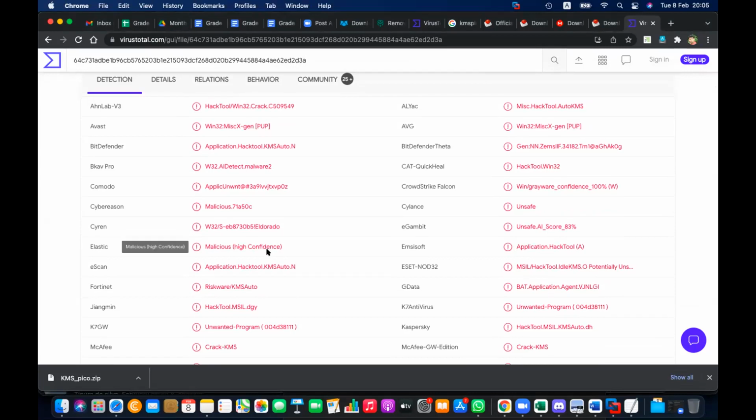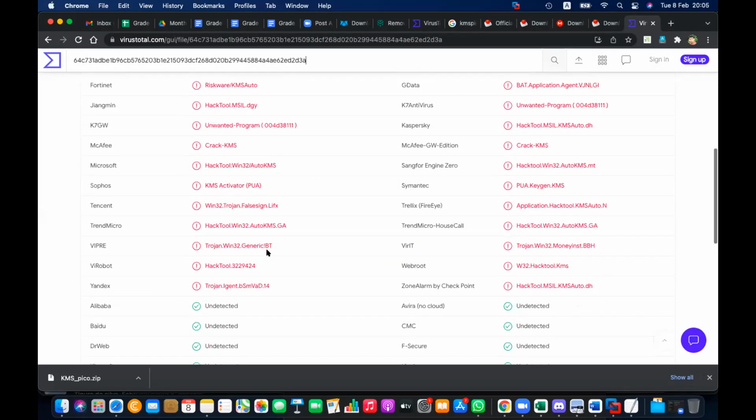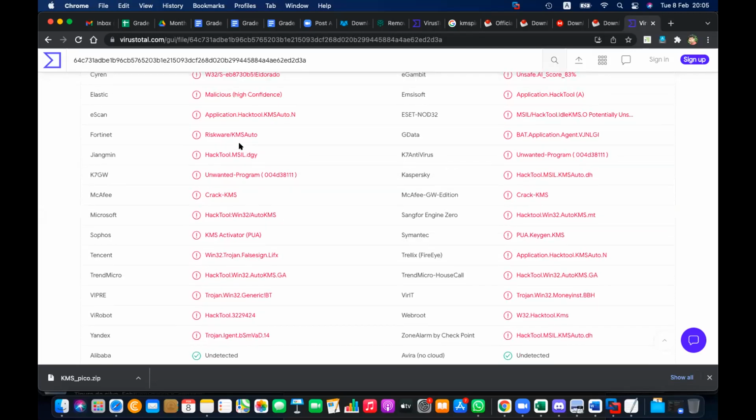That's why I said it's impossible. But you always have to think. When you are activating something using an improper, illegal method, there is always a risk. If you like that risk, you can install. But here it's saying hacking tool, activator, riskware, unwanted program, Trojan.